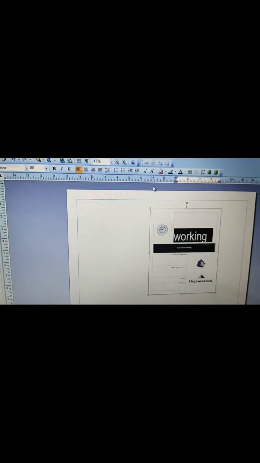Now you can type anything here. It's very small. Suppose I type, walking with building. Make it a bit smaller. Okay, walking with building.